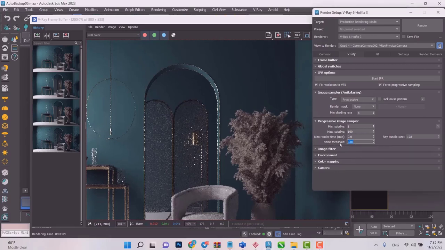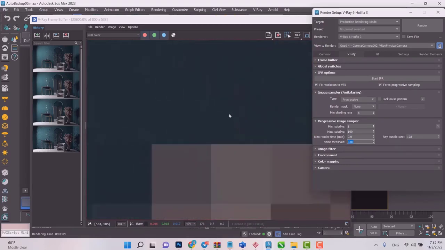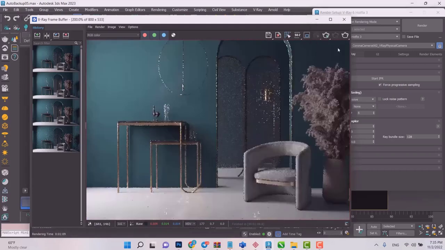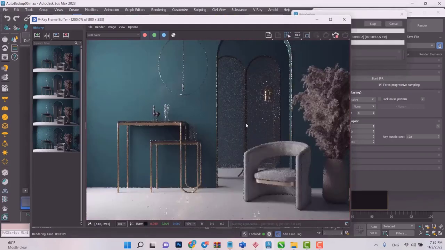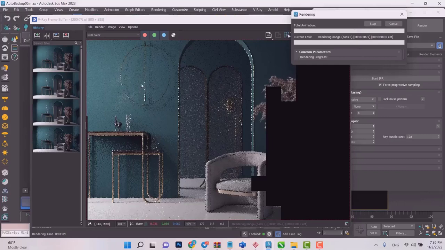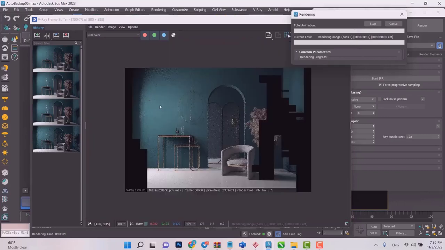And with this parameter, we can just determine how tolerant the V-Ray engine is regarding the noises that we have in our renders, or how precisely it works to reduce the amount of noise that we have in our renders. So if we use a big number here, let's say 100, even with the max subdivisions of 100, if we take a render, you can see that this time it's going to take a notably shorter time to finish the render, and we're going to have some noise in the render, which is going to be very visible.